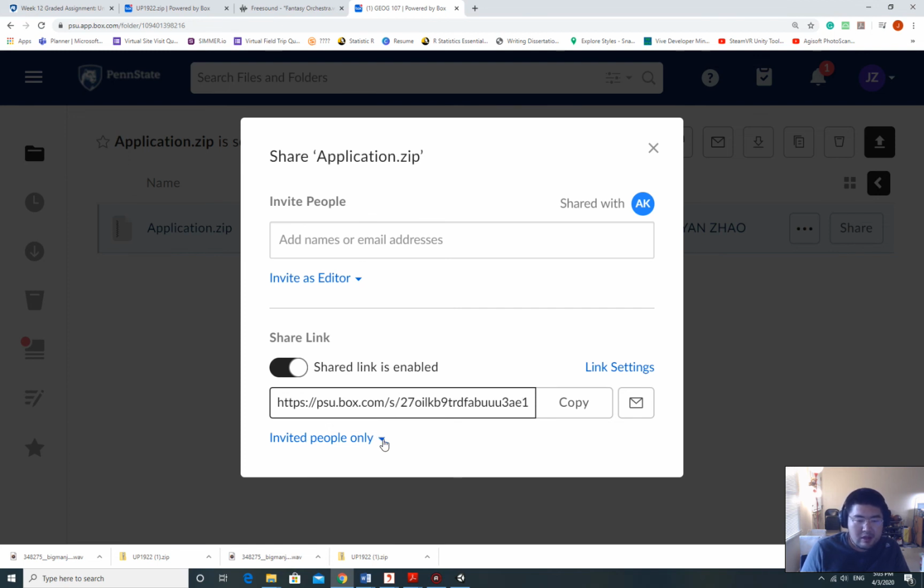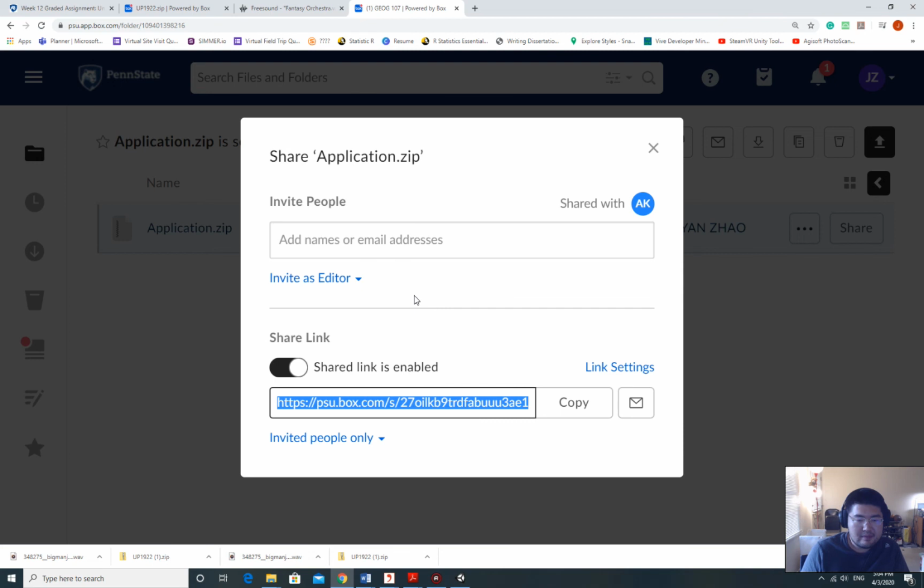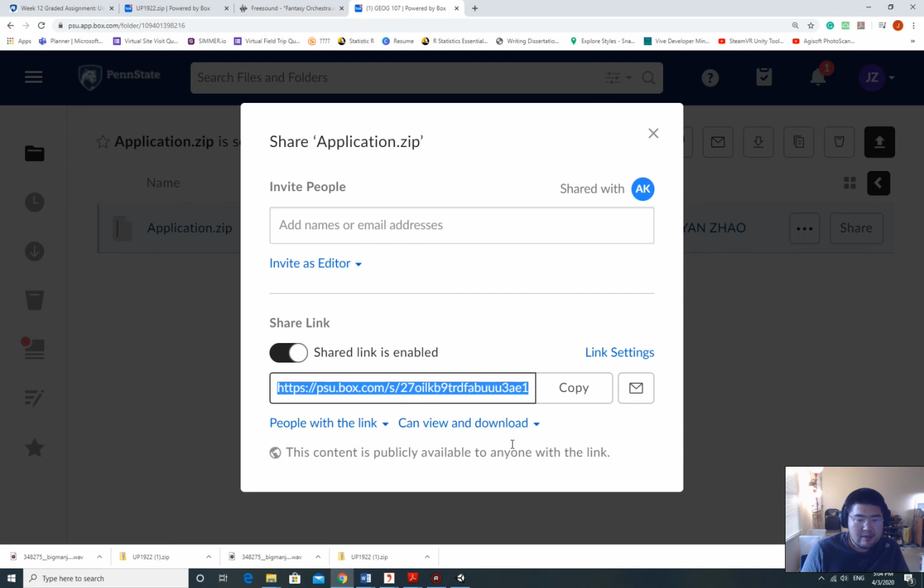In order to make the link available to everyone with the link, you need to change this option from invited people only to people with the link. That means if I click this link, everyone with this link can download your application to their local computer. This is the link you need. Just copy that,